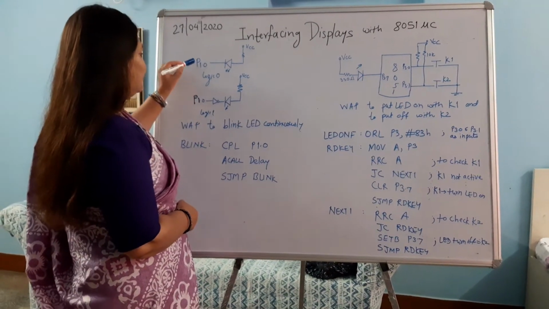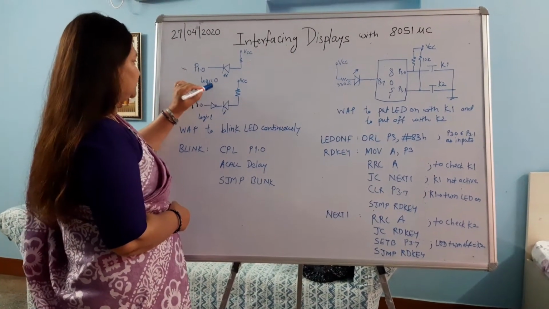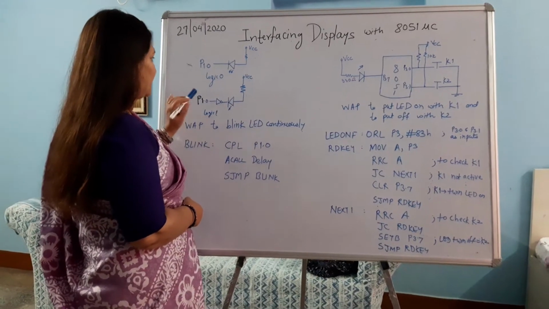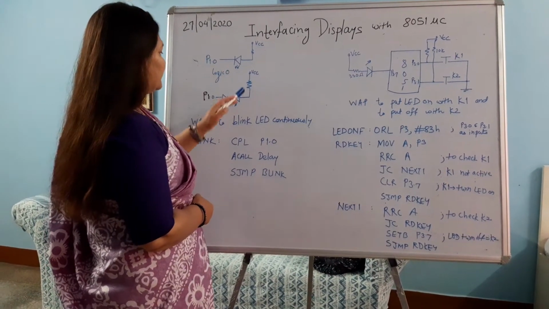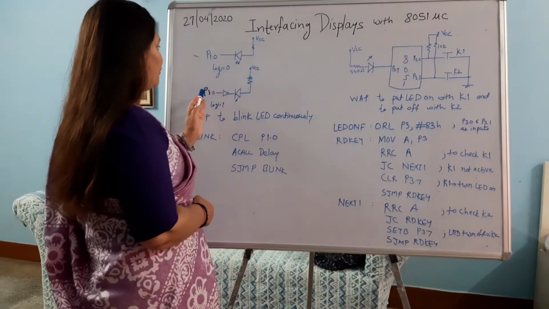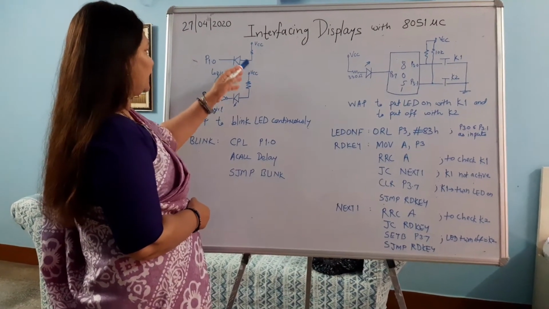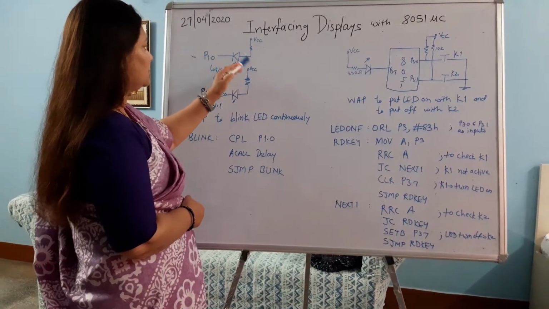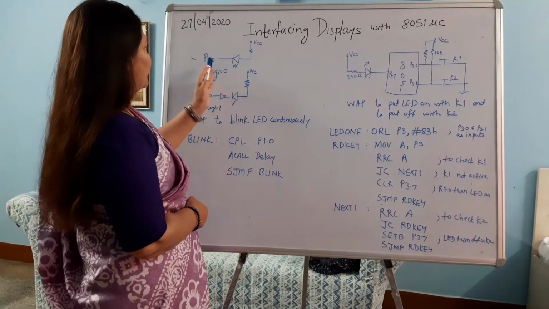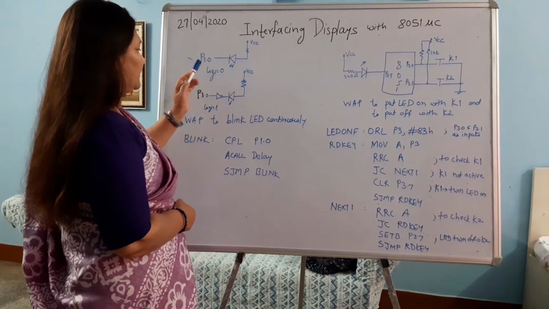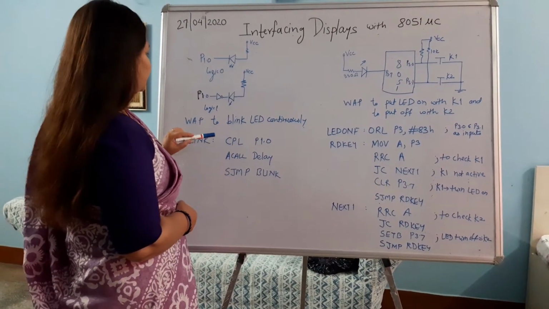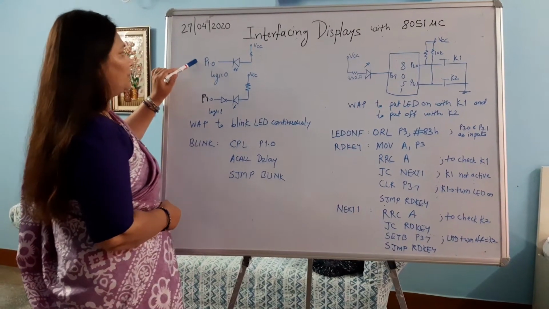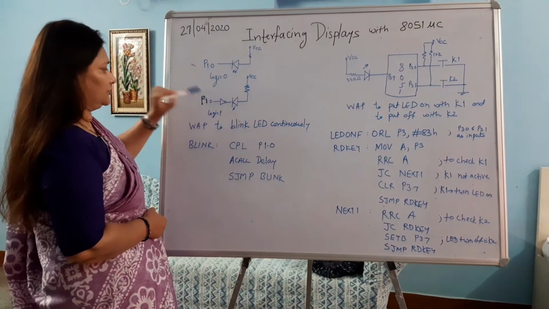So you can use any logic. You can go with logic 0, you can go with logic 1. You can connect in other ways also. Suppose you are connecting anode over here, cathode over here, then you have to change the ground part and you have to apply the logic 1 over here. Now throughout our discussion we will go with this particular configuration.